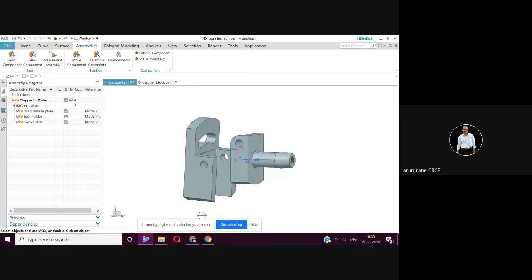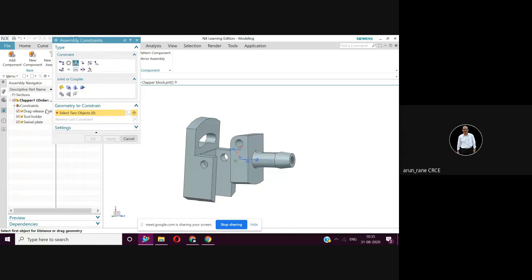Now we will make this face and this face parallel. So go to assembly constraint. There is an option called parallel. Select that. Now select two objects. So either you can select this or select this also. So face in 12 plate and place your mouse face in.